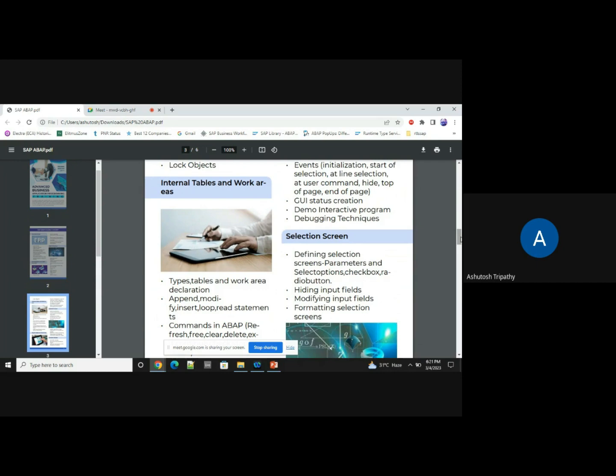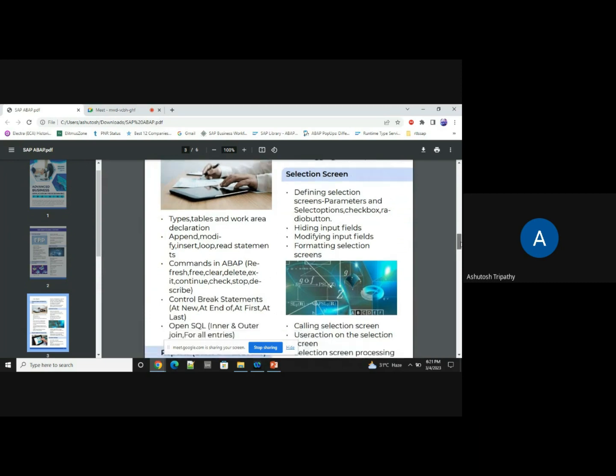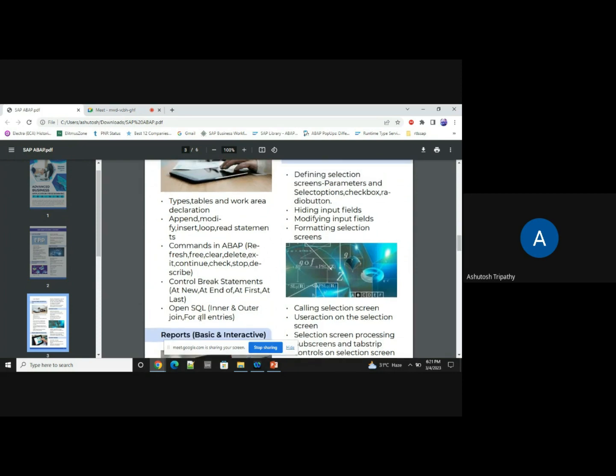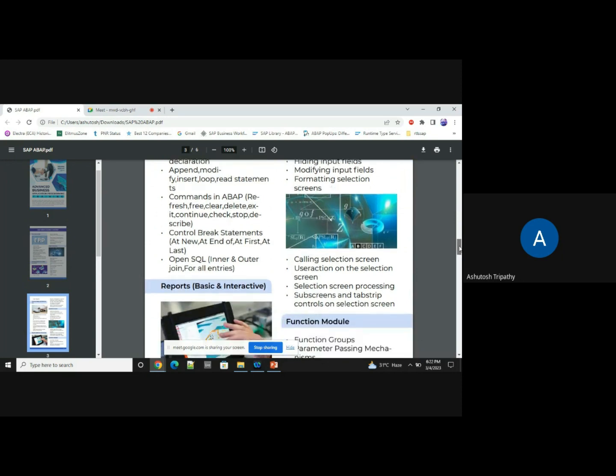In order to do this create, read, update, delete operations, a similar concept in C++ we call array or maybe pointers. Similarly, in SAP, we call them internal tables and work areas. So we can do the CRUD operations on this database object using the internal table and work area concept. And also one of them is the way we call pointer here, we call field symbols. So there are other open SQL syntaxes also we'll be learning in this internal table and work area concept, how we can manipulate the data using this internal table work area.